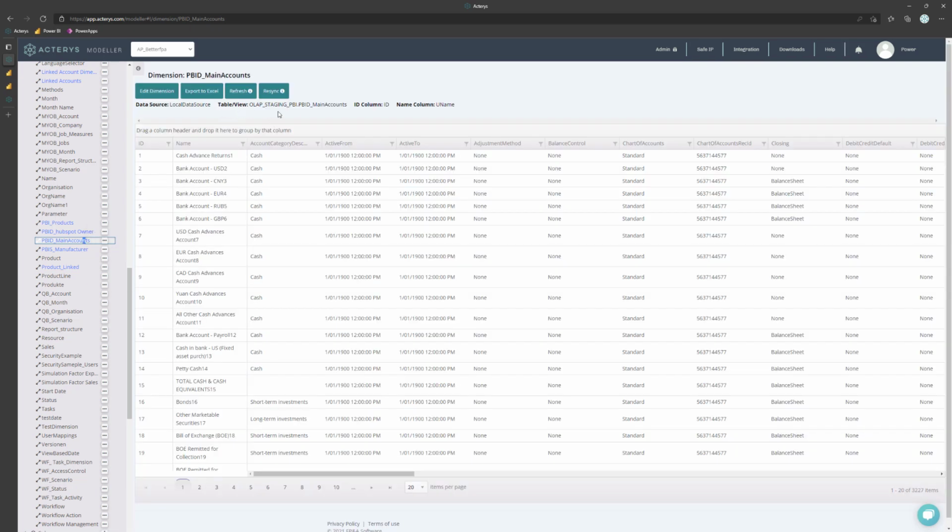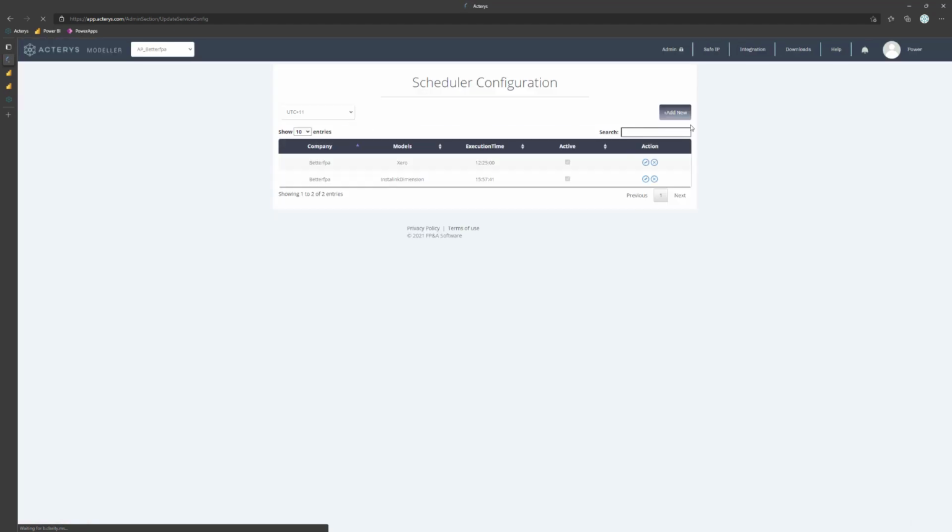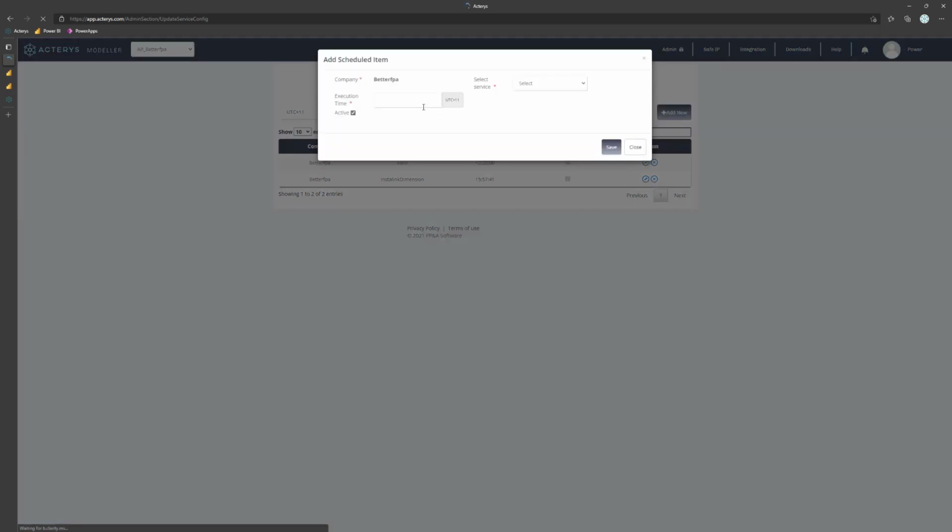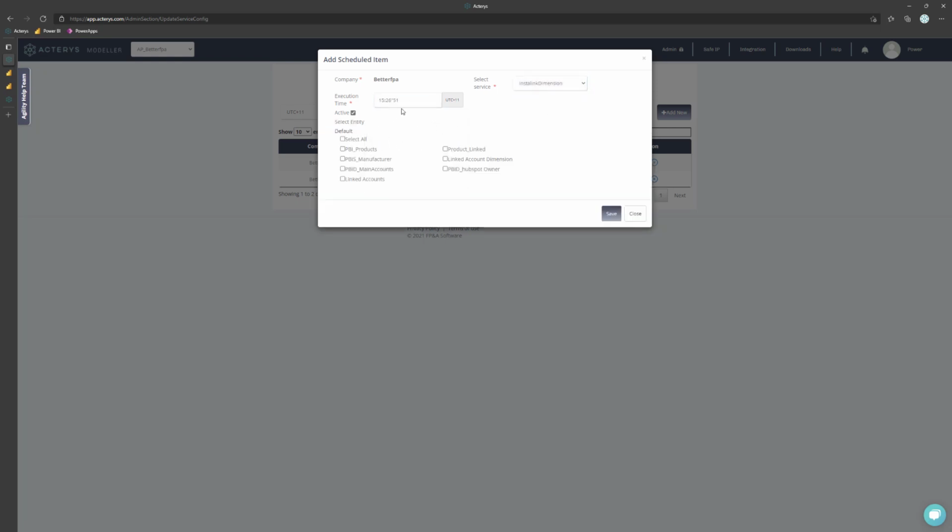You can explain that this is linked to this source table. You can either refresh it on demand if I click this button, or if you use the connector scheduler you can set up automated refresh cycles. So you would create a new refresh schedule. You select the source, and it would be InstaLink in this case. You specify the time, for example, every day at 3 p.m. and then you can specify what tables you want to automatically synchronize between the source system and Acterys,